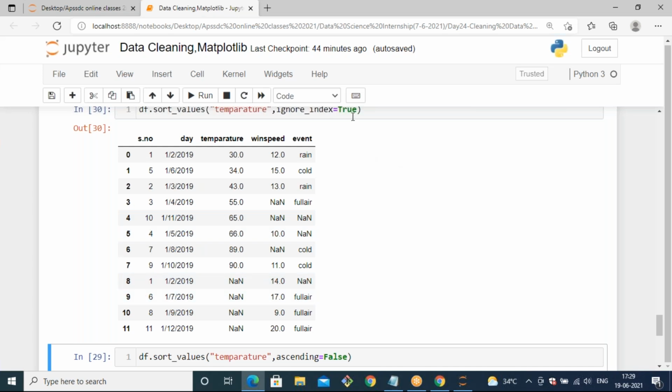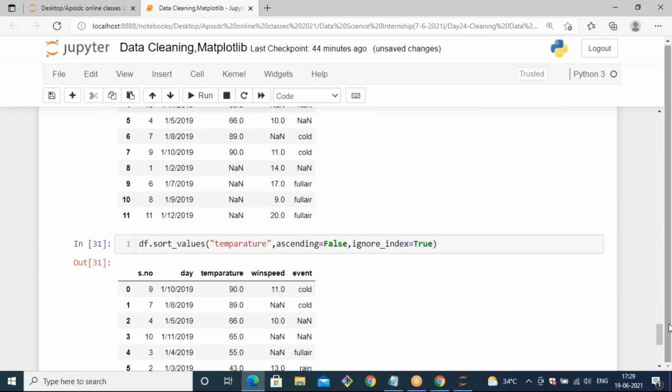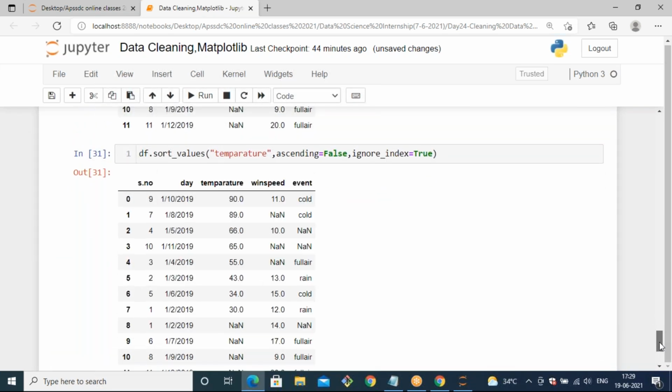For descending order, use ascending equals false, and also pass ignore_index equals true so the index follows the order. Like this you can sort the values.